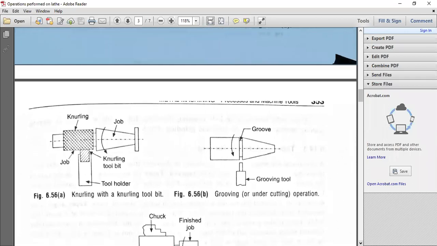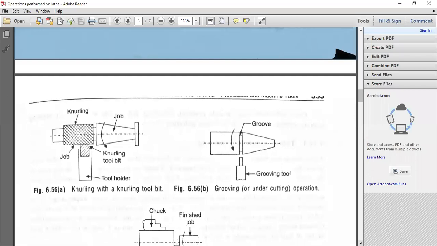Grooving or undercutting operations. This is the groove. It is a reduced diameter for a particular length. It may be 1 mm or 2 mm or 1.5 mm. So this is the groove cutting operation, and we have to use a grooving tool. Just try to see this. This is the particular shape we have to maintain. This is a grooving tool. So what is the particular tool you have to design? That replica will be there on the workpiece or job, just like the form tool we are using for the form turning operation. So that is very important.